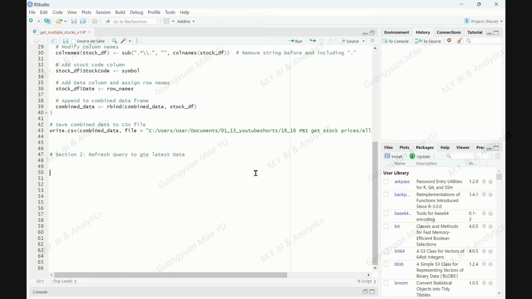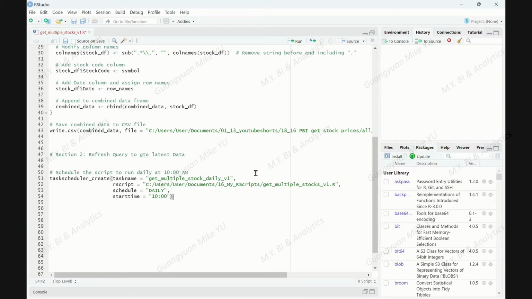Section 2. Schedule the script to run the above Section 1 script, and itself, every morning at 10 a.m. Here we employ the function taskscheduler_create. This function is from the taskscheduleR package. It is designed to schedule an R script to run automatically using the Windows Task Scheduler. The arguments: task name,